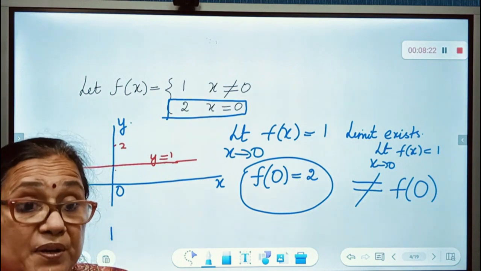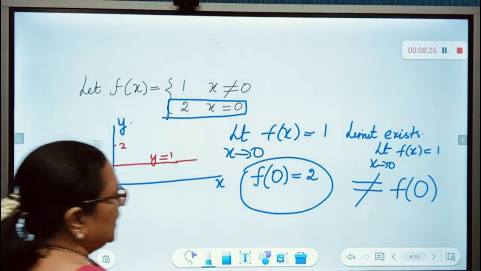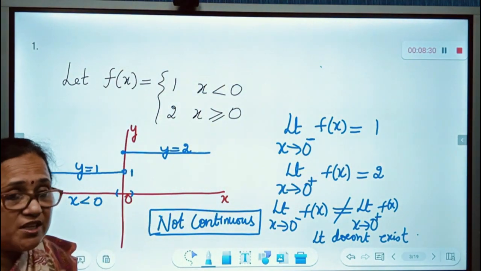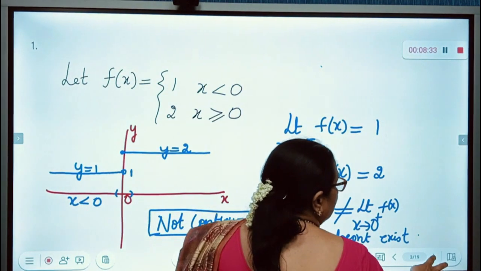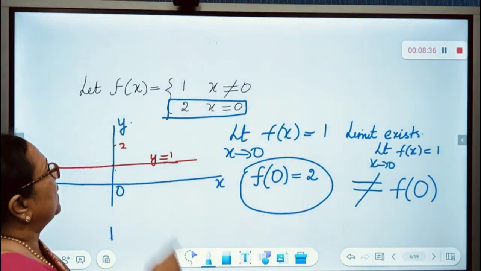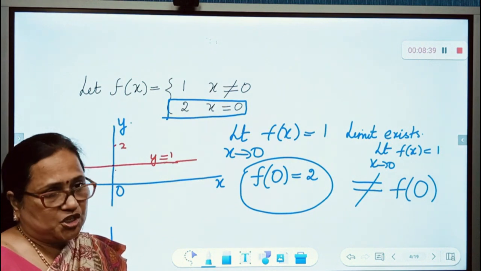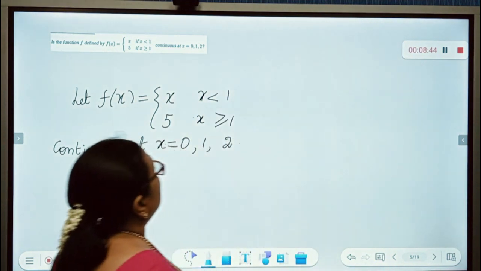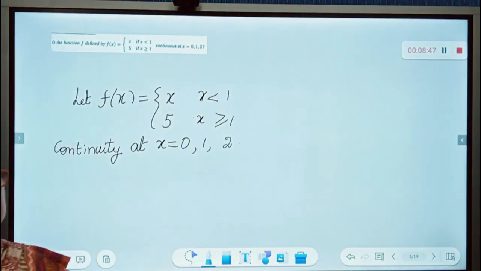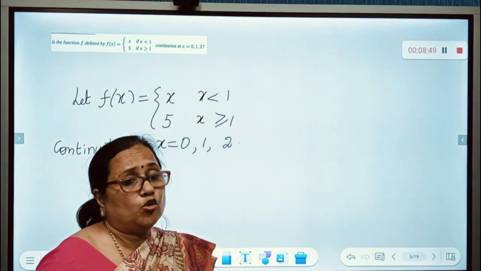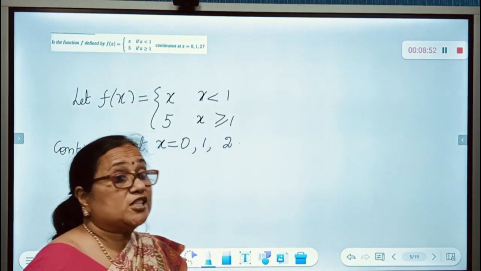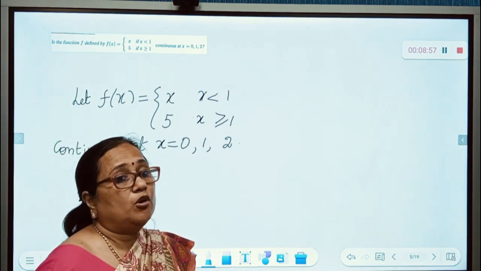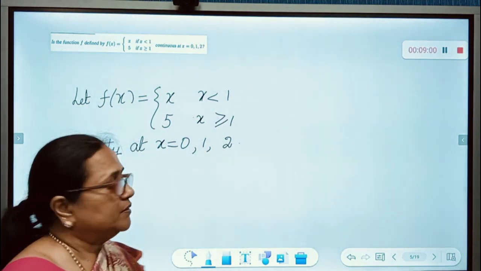What is the difference between the previous example and this? In the previous example, the limit itself did not exist. So, the first condition itself is not satisfied. In the second example, the limit exists, but it is not equal to the value of the function. Therefore, it is not continuous. In general, all polynomial functions are continuous because you can draw the graph without lifting your hand. Of course, we can explore them by looking at many such graphs. It will give you a lot of information about how you can interpret continuity.